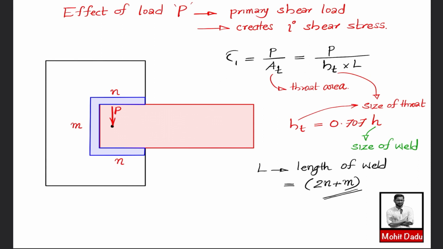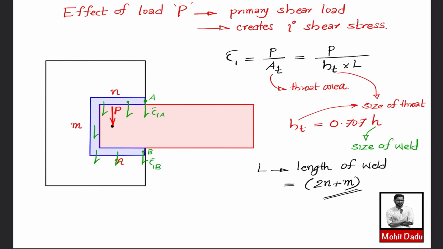So based on this you can draw the stress distribution, or the primary shear stress distribution. Whatever point you are taking in this weld section, this will be distributed like this. This will be known as tau1, and if I am naming this point as A, then this will be tau1A, and if you have some point here, then the same vector of same magnitude or same length, so this is primary shear stress at all points. You can represent it in this way. Whatever point you are taking, the magnitude will be the same.